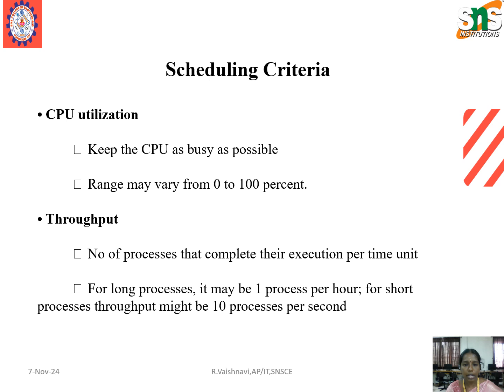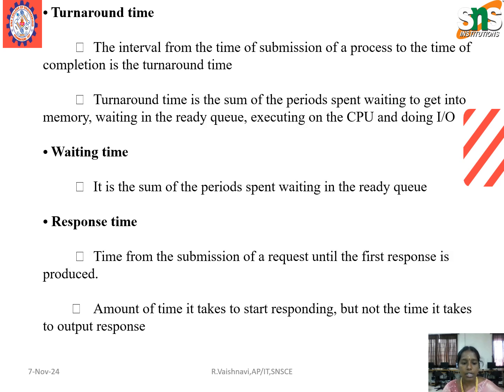Next scheduling criterion is throughput. The number of processes that complete their execution per unit time. For a long process, it may be 1 process per hour. For a short process, the throughput might be 10 processes per second. Third one is turnaround time. The time interval from the time of submission of a process to the time of completion is the